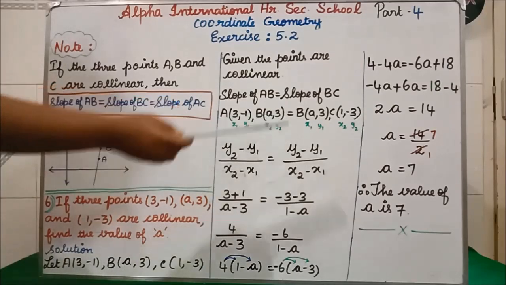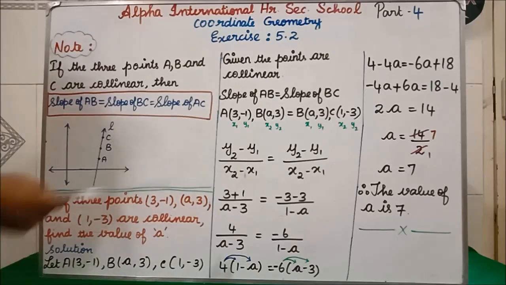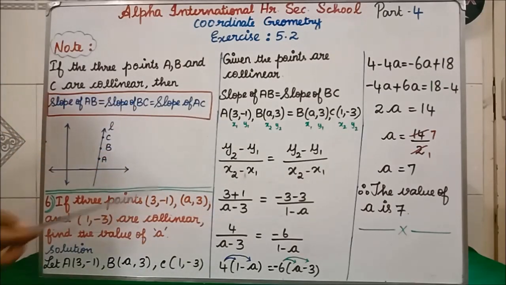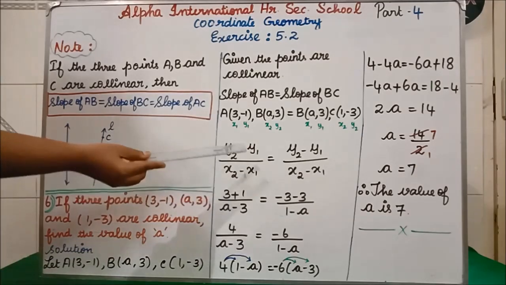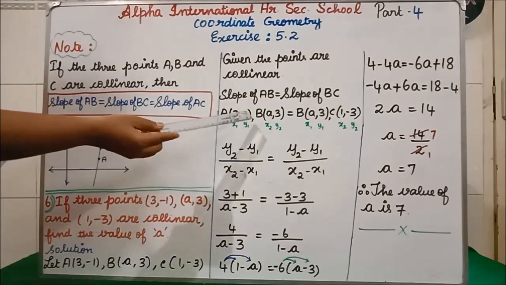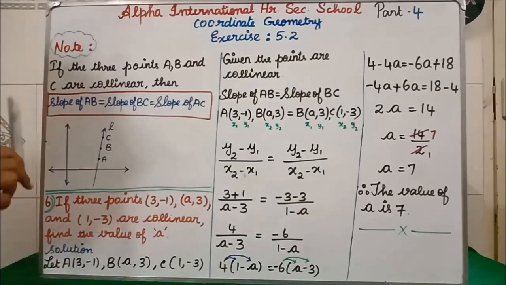Sorry, x2 value minus x1 value is what? 3. So a minus 3. Clear? How I have written here plus, able to understand? Here in the formula 1 minus, here minus 1 we are having. So minus minus will become plus, so I have written plus 1 equal to y2. That side, what is our y2?